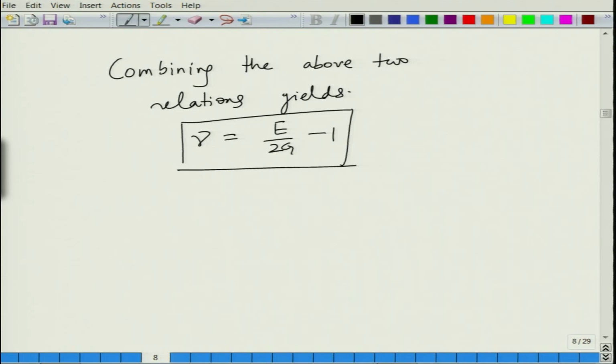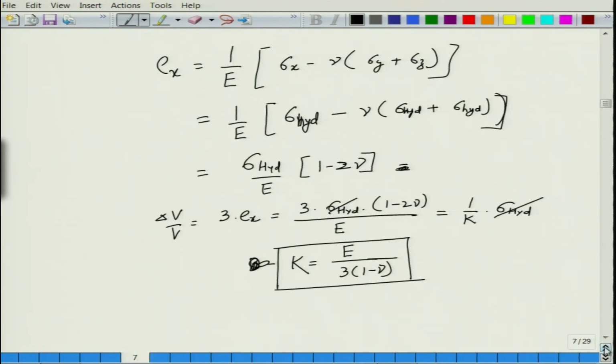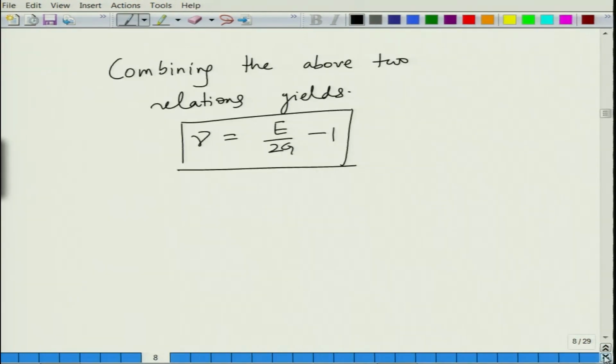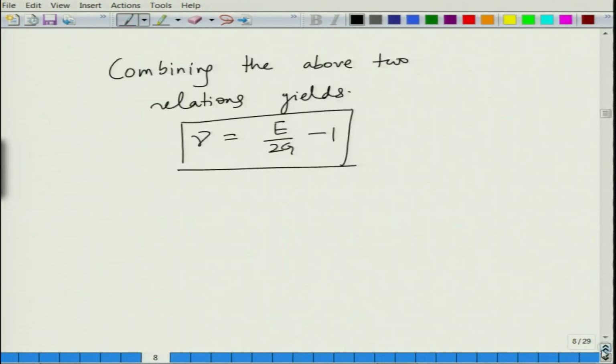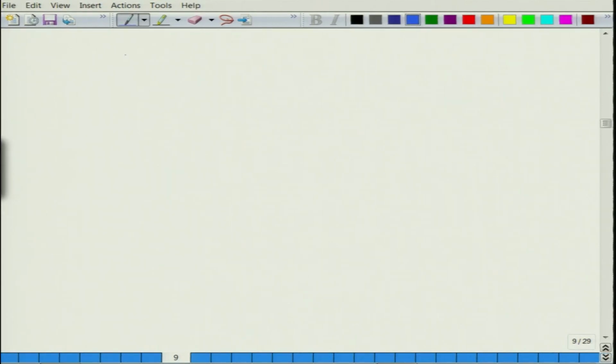So, this is what we have done. This is a short primer on elastic properties. Now let me come to a summary of this particular part. It is not the overall summary, but the summary at this point. Basically, what we did was we looked at what elastic behavior is.